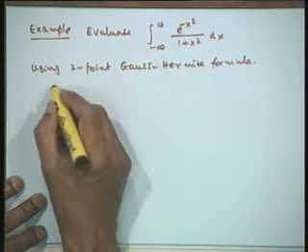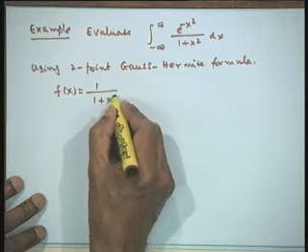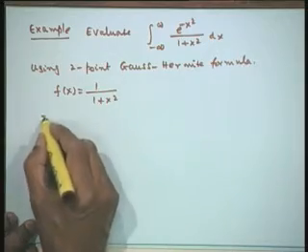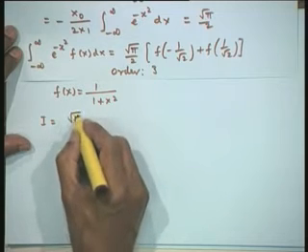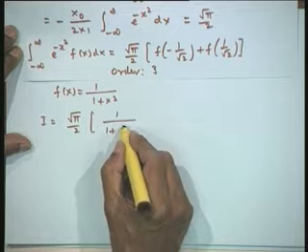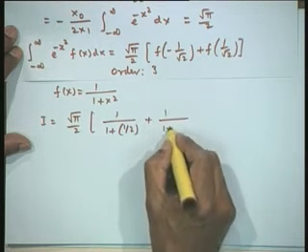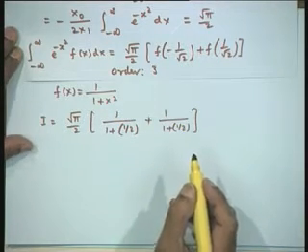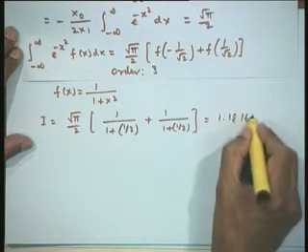Now, here it is given in the suitable form. So, we can straight away pick up what our f(x) is, that is 1 upon 1 plus x squared. Therefore, our given integral I is equal to, we shall use this particular formula that we have just written, that is the 2-point formula, root pi by 2 f of minus 1 upon root 2 whole squared, that is simply 1 upon 2 plus 1 upon 1 plus 1 upon 2. I have taken 1 upon root 2 whole square, written it as 1 upon 2. So, this comes out to be simply 1.18164.